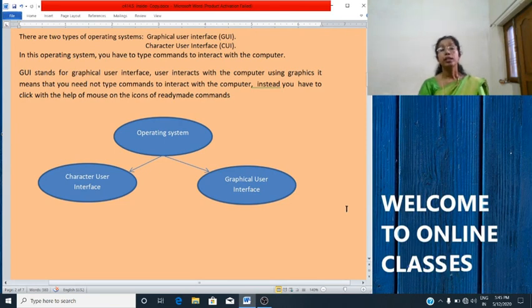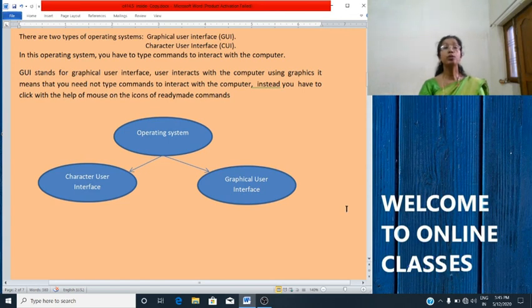Okay, then the second is graphical user interface. What is this graphical user interface? In this, user interacts with the computer using the graphics. It means that you need not type any commands to interact with the computer.